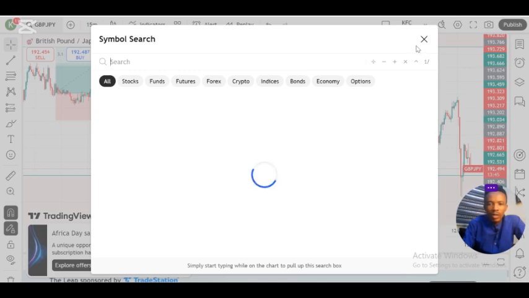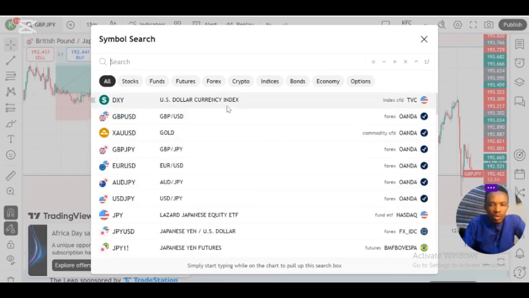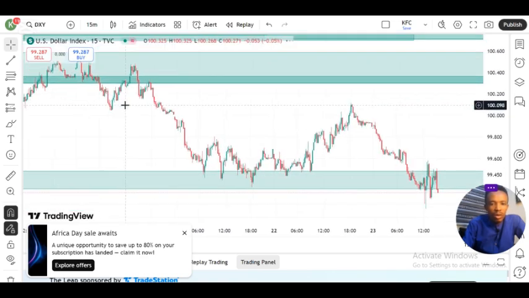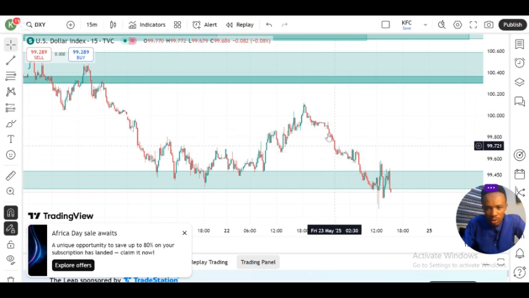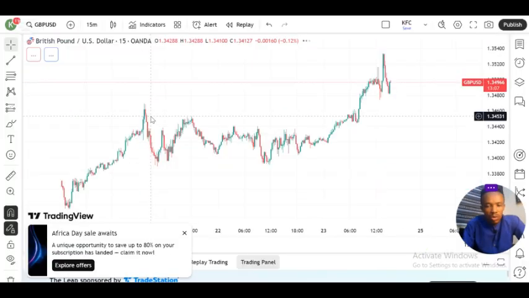No very clear directional bias of the DXY. I was able to look closely at the GBP JPY, of which I was able to find a few entries. So this was the dollar index. If you look, you'll see that the directional bias was not really clear. At the times it took the bearish moves, it didn't give us confirmations as we used to know. You can see even this one, no confirmation, just began to decline. So that makes the dollar index character a little bit different from what we're used to.